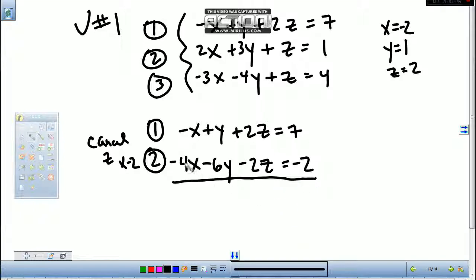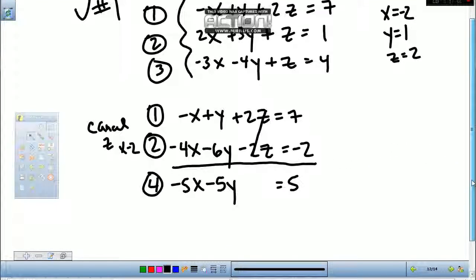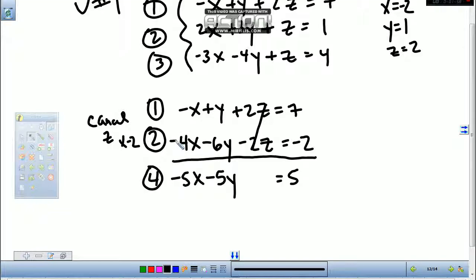Okay, the elimination method will add, so that will be what? Negative 5. I only hear 1 or 2 students. Minus negative 5y. All right, equals 5. Equals 1. Good. Okay, so what equation do I call this? Number 4. Okay, so we used equations 1 and 2 to cancel the variable z, and that gave